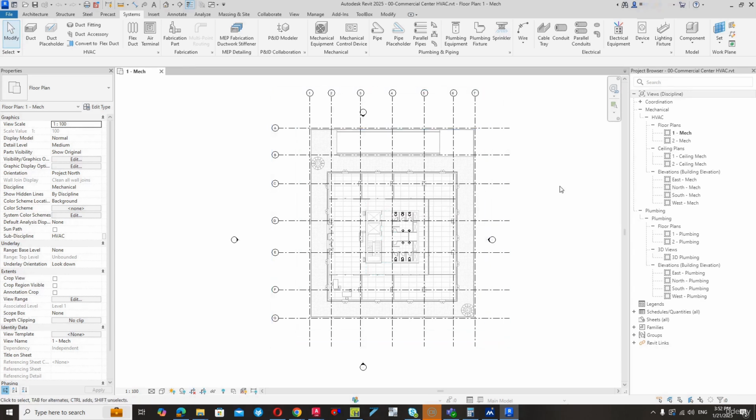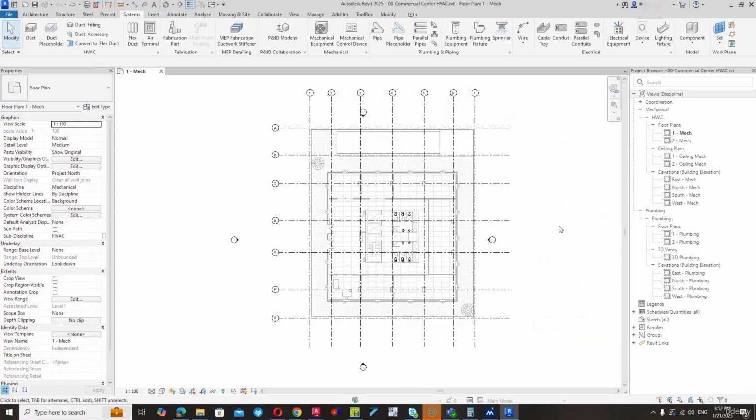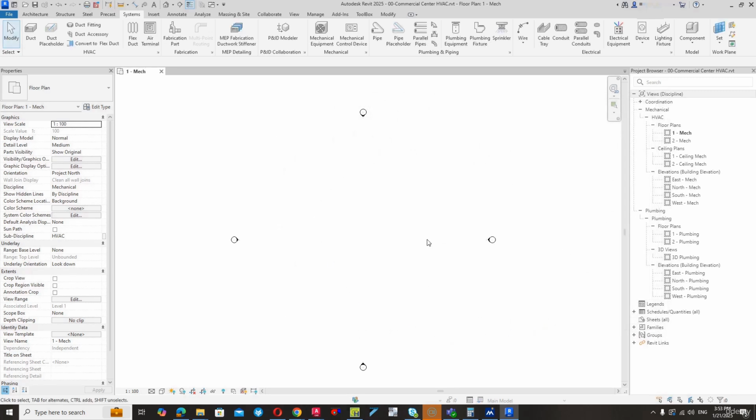If you turn off the architectural and structural models, we learned how to turn off the linked files in the previous lecture from the visibility graphics window. Press VV on your keyboard, go to Revit links and turn off the two models. As you can see, we don't have any grid in the HVAC file, and if you go to the 3D view,